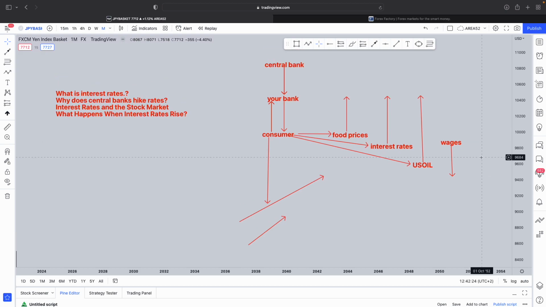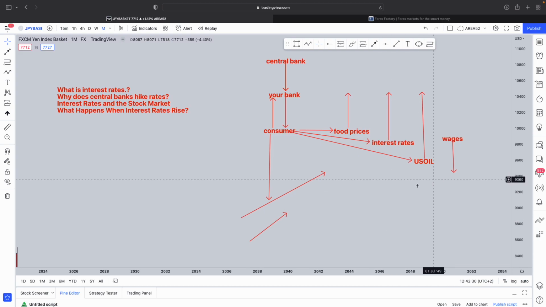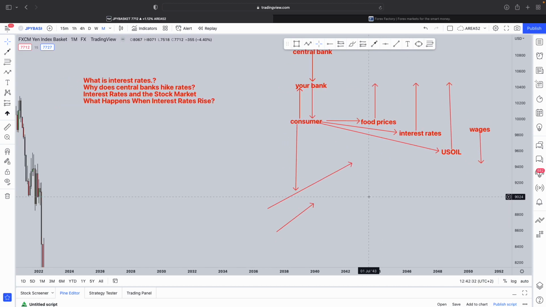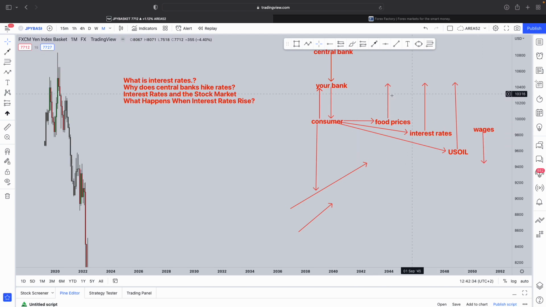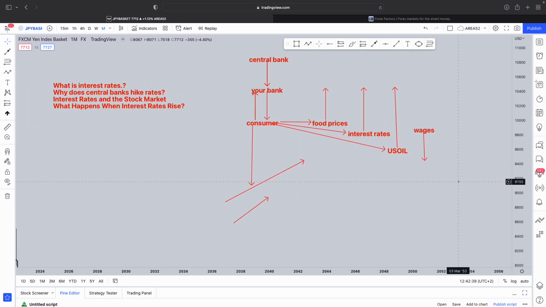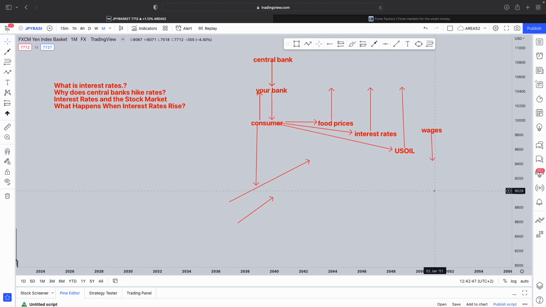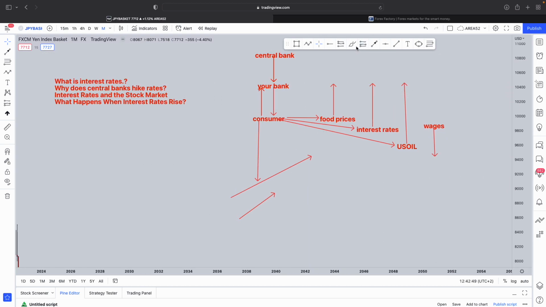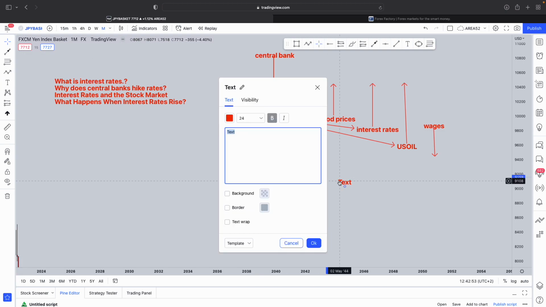Now, remember, higher interest rates at the end of the day impact companies negatively as well. Because of that, consumers are going to spend less, because after all of this had happened to them, they'll have less money to spend. And if you have less money to spend, that means you can't go to the store, and stores listed on the NASDAQ 100 will be less likely to make money. As a result of that, you'll see the stock market, right? Because the stock market makes money through